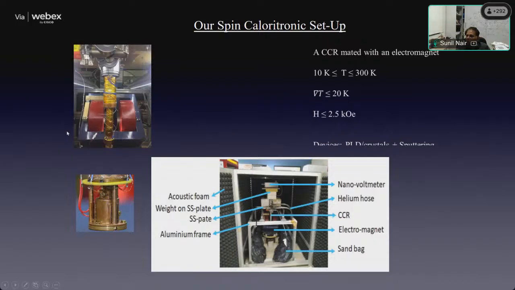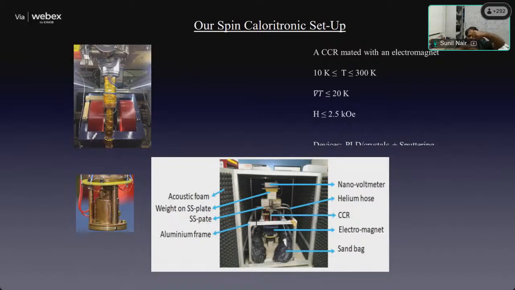Sure. So this is how the setup looks. This is a closed cycle refrigerator, which basically gives us a low temperature stage, because we are interested in quantum materials, so we do quite a lot of temperature dependent measurements. And this is how the sample holder assembly looks. It has two blocks, because you have to apply a delta T. You sandwich your specimen between the two blocks, and you have independent heaters and temperature sensors on both sides, so that you can make a well-defined delta T and accurately measure it. Within our setup, for instance, we can give a delta T of up to 20 Kelvin.